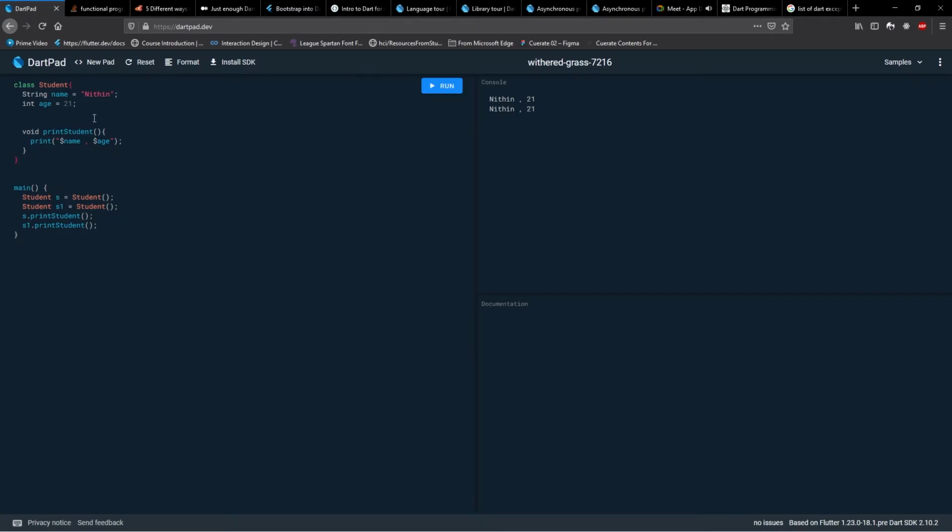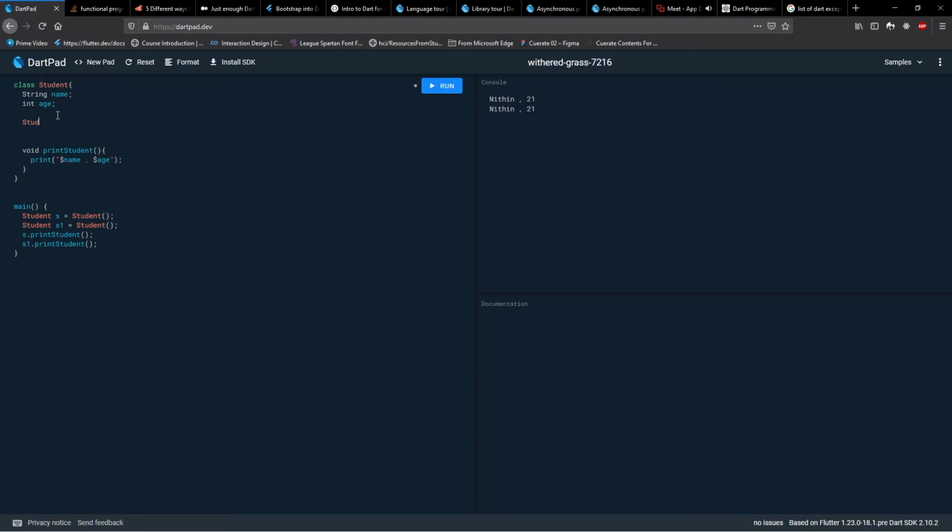Now you're asking, what if I want to have different values for each object? That is what we are going to do by using constructors. What are constructors? Constructors are functions, but they have the same name as the class name, and they don't have any return type. You can see that every function till now has either void, int, string, or anything like that. But a constructor is within a class. It has the same name as the class name.